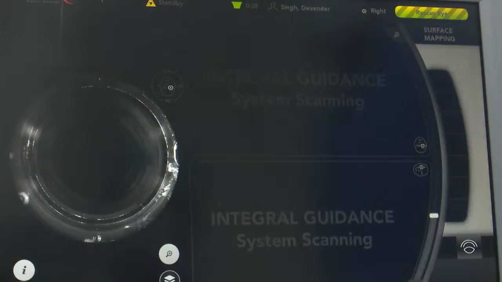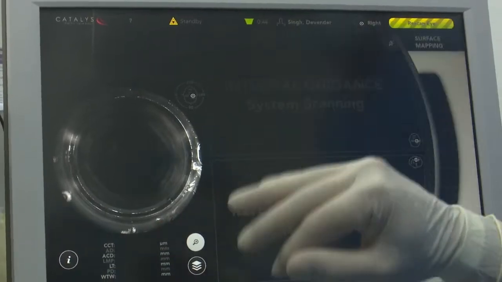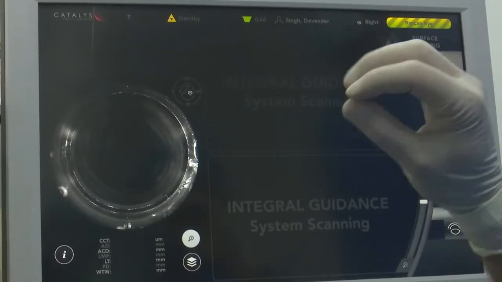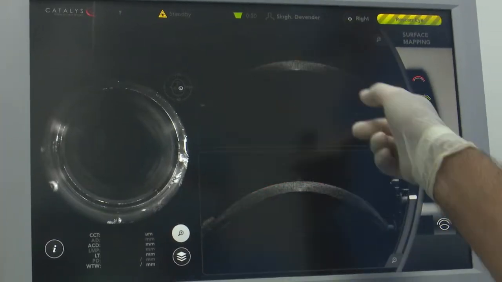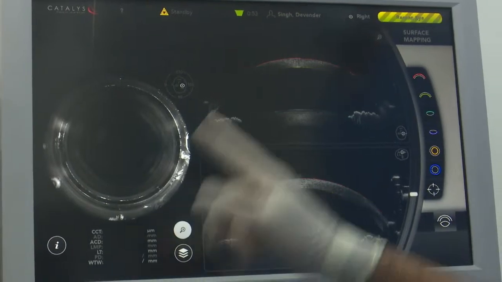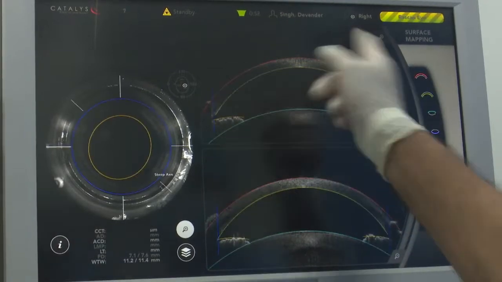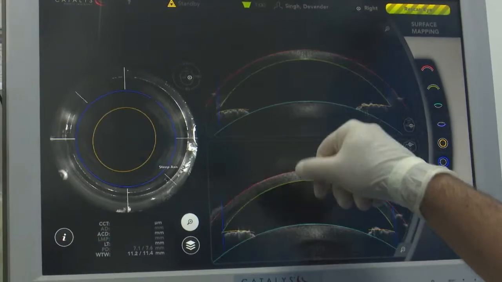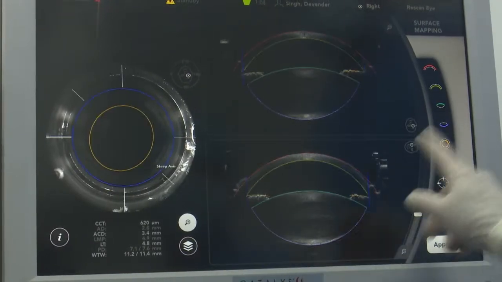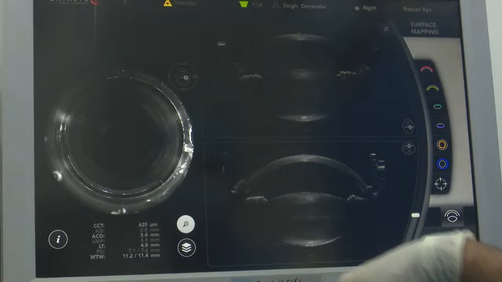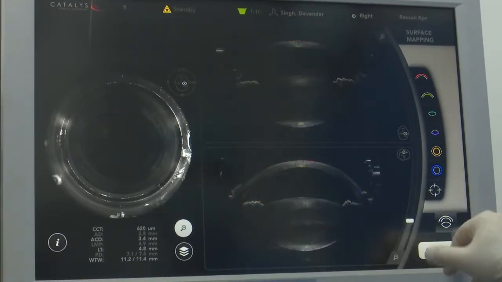Now the OCT starts working. The OCT will show me the anterior capsule, the posterior capsule, as well as the cornea, the AC depth. So that's the anterior corneal parameter in the red. The green one is the posterior corneal, the teal color and the purple color are the anterior and posterior. Pupil is there, and I can actually move it around slightly, but I think I'll just suppress the limbus. So on zero,